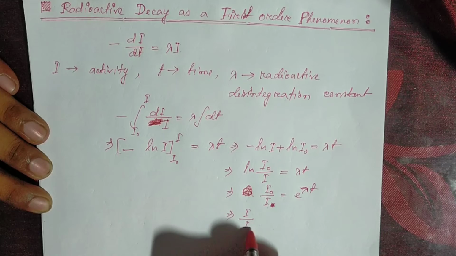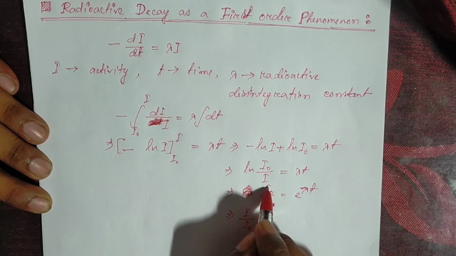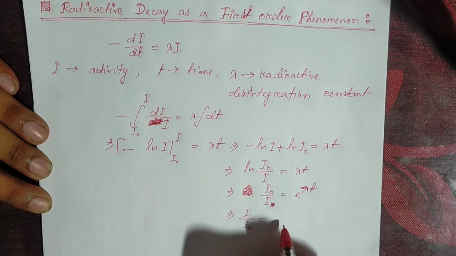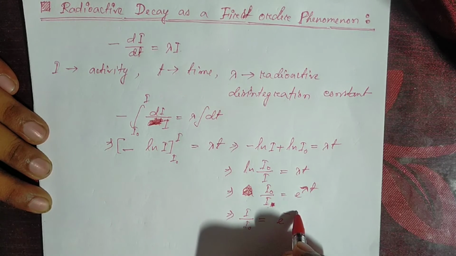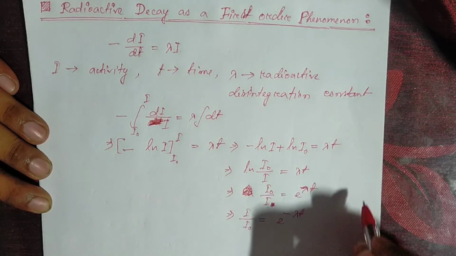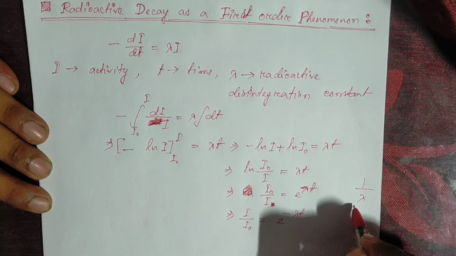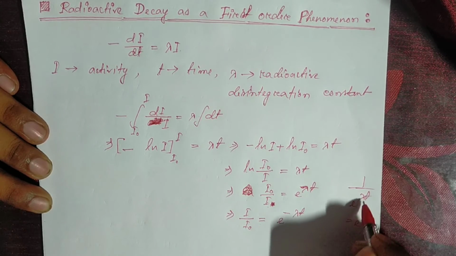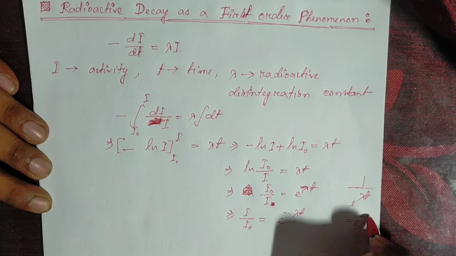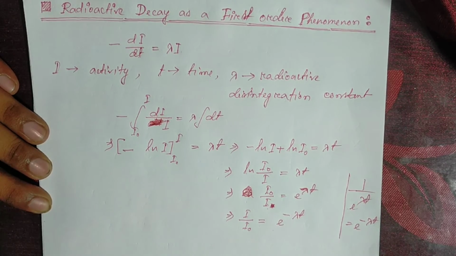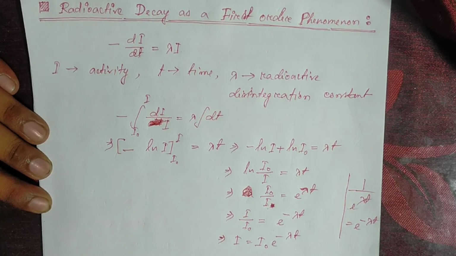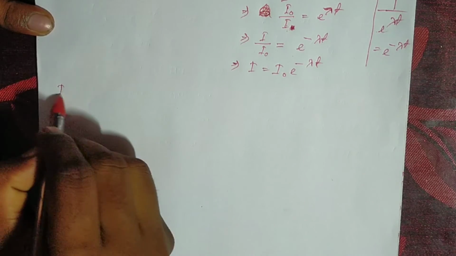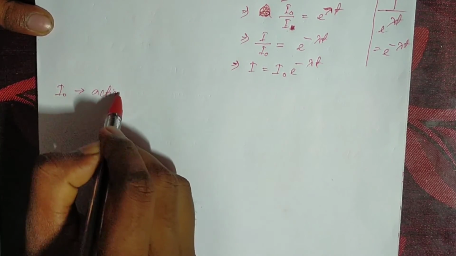As we are inverting this, we should invert this part also. So we can write 1 by e to the power lambda t as e to the power minus lambda t. So it will be I is equal to I naught e to the power minus lambda t, where I naught is the activity